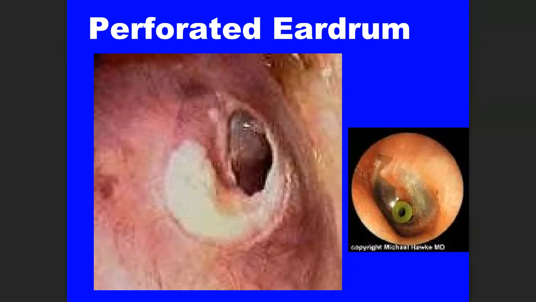There are some children that, for whatever reason, are very prone to getting middle ear infections. And to prevent their eardrums from getting perforated and them suffering from hearing loss, they put tubes in their ears. The tubes are supposed to equalize the pressure between the middle ear and the outside of the ear.